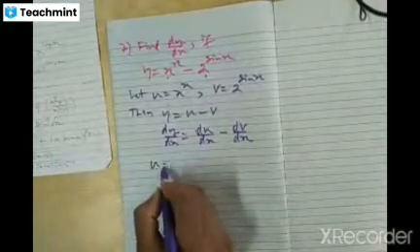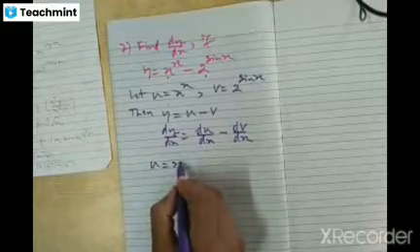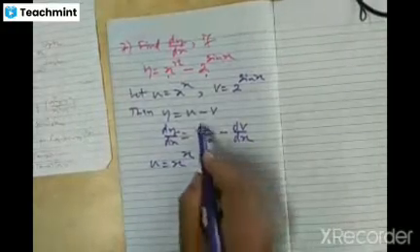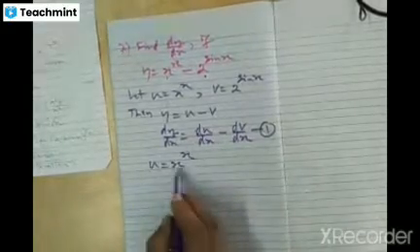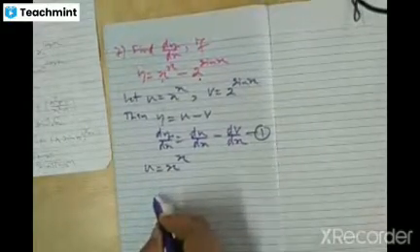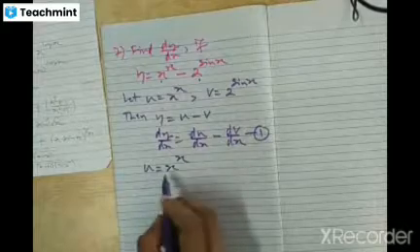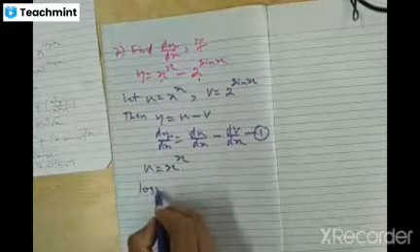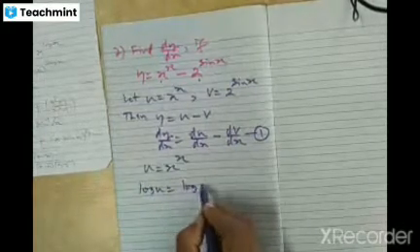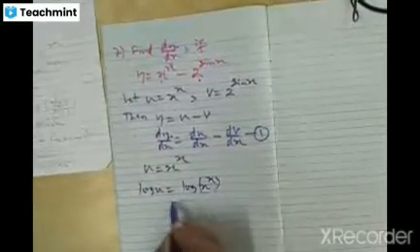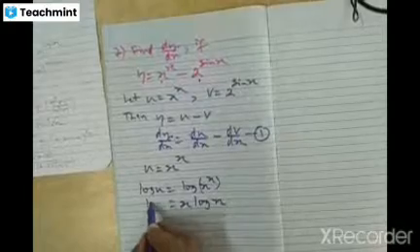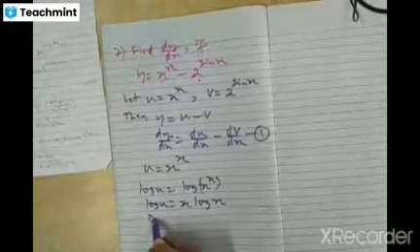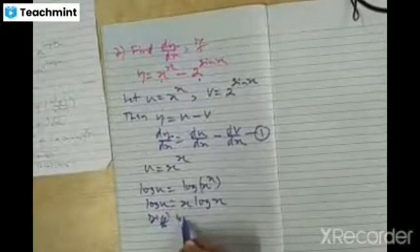For that, consider the function u is equal to x power x. Take this as equation 1. To find du by dx we have to take log on both sides. So log u is equal to log of x power x. Log of x power x is x log x. So on the left side we have log u. Next, differentiating both sides